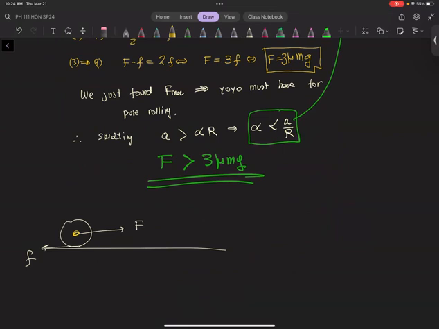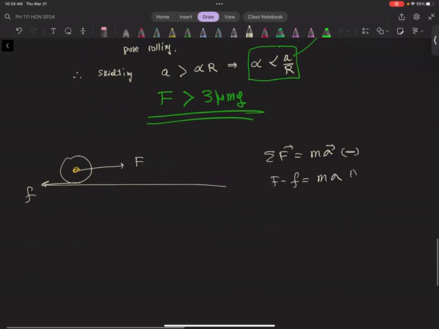What do we have? Sigma of F equals ma. Point mass, same forces, nothing changes. We good? As far as a point mass, it doesn't care if it's the center of mass or a rotation about the ground, because guess what? The point mass does not do any of that.